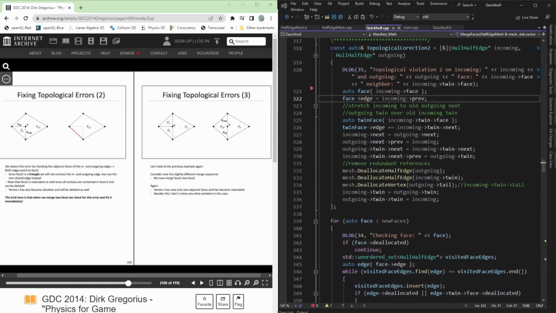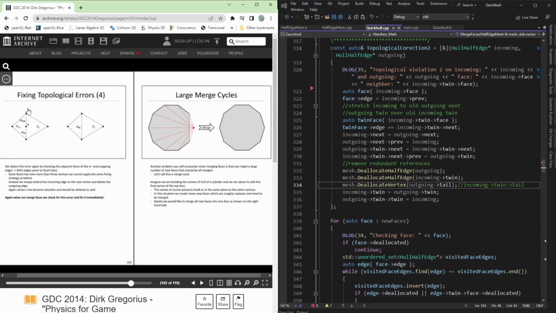And for the polygonal case, we're essentially just going to be stretching the incoming over the outgoing and extending it to where the outgoing ends, making these two twins of one another. So for the pointer assignments, the same logic applies for the face. However, we also need to update the twin's face edge pointer as well, since it may also be removed. Then for the edges,